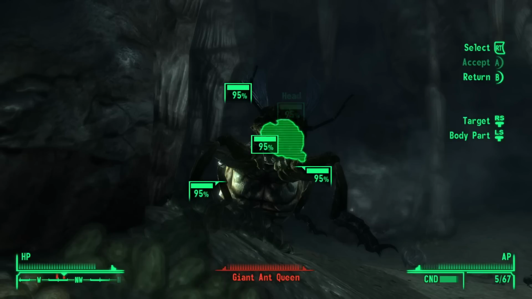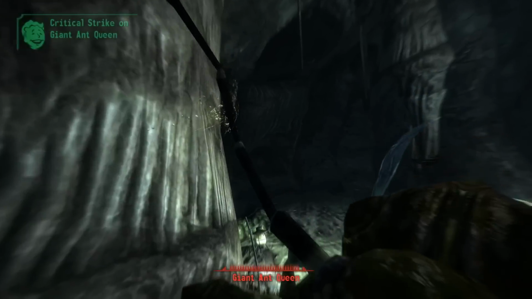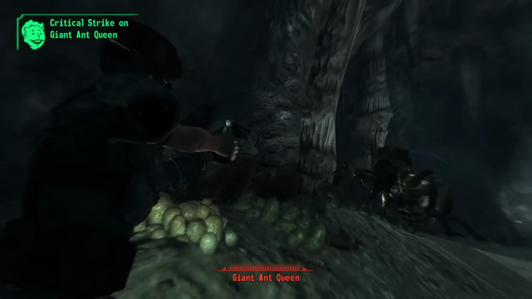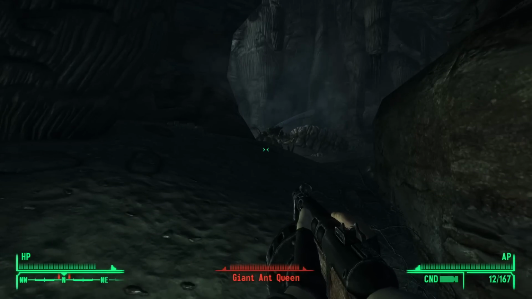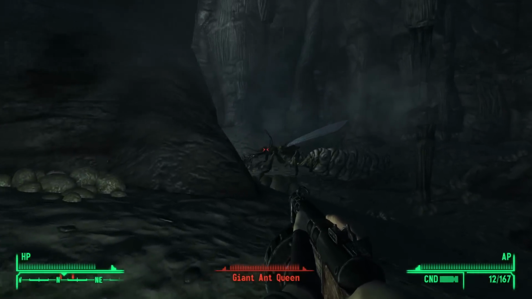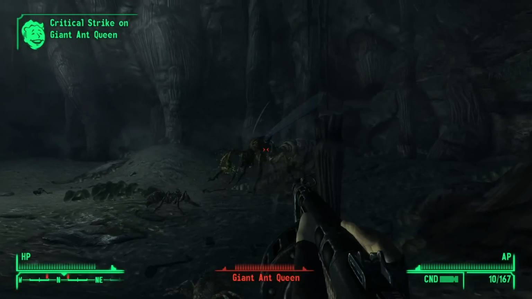Obviously, at the end of the giant evil ant nest, you've got a giant evil queen. So, no, no, no, no, no. How about we just see if we can maybe frenzy you a little bit. Get you to turn on your, there we go, frenzied. Oh yeah, she's definitely fighting someone who's not me, which is just bloody beautiful. Let's just keep that going by knocking her...